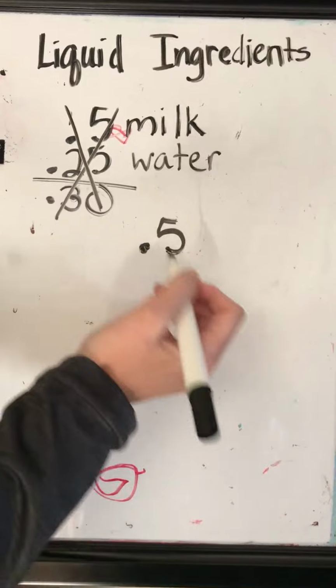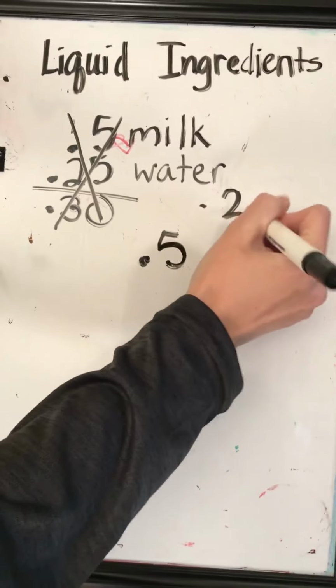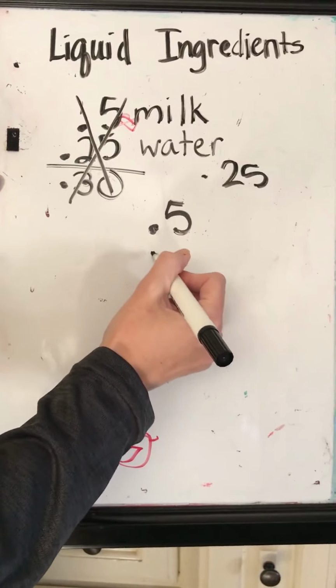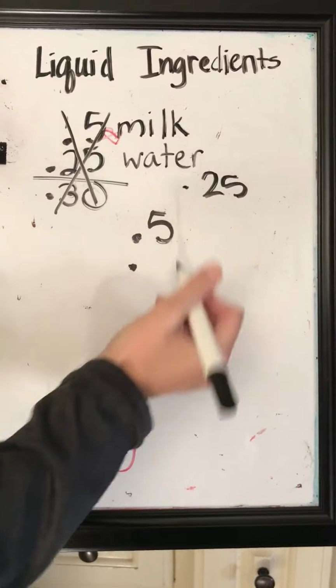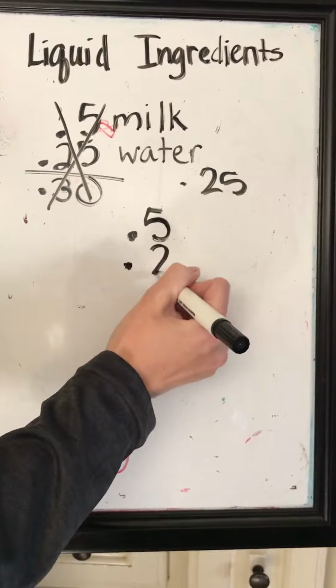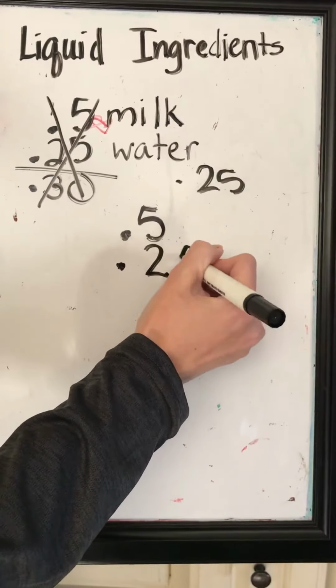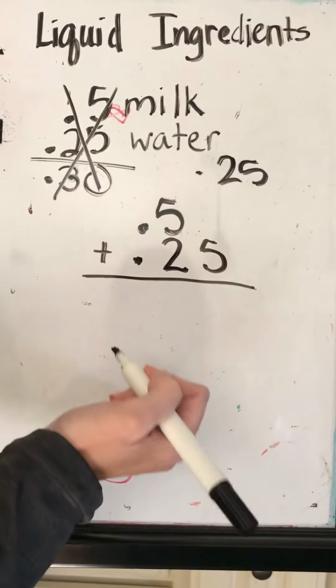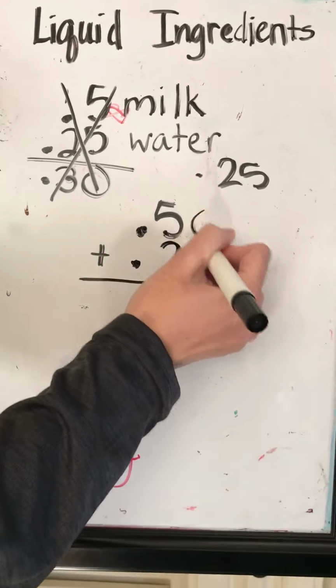So since I had 5 tenths for milk, and for water, I have 25 hundredths, I need to add the 5 tenths with the 2 tenths, because the 2 is in the tenths place, and then the 5 is in the hundredths place. So now I've got everything lined up correctly, and I can place a 0 here to show that there are no